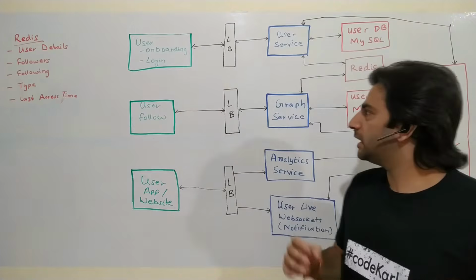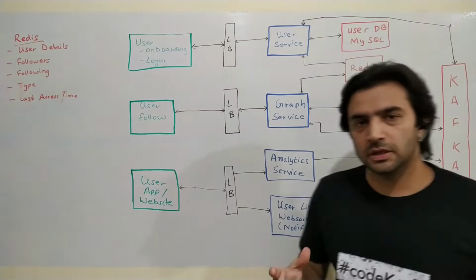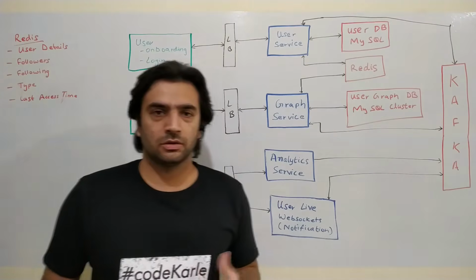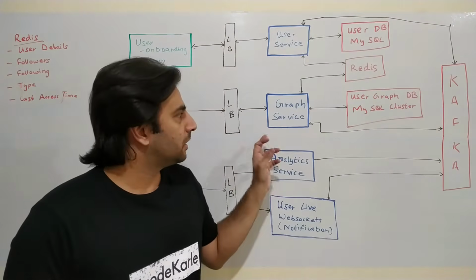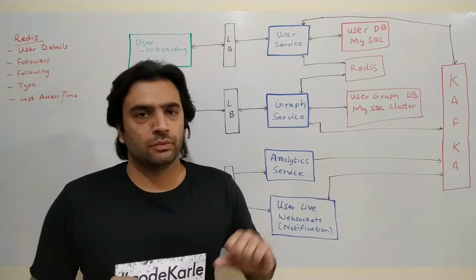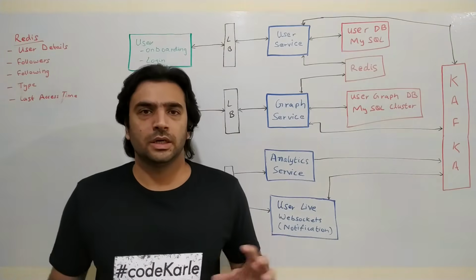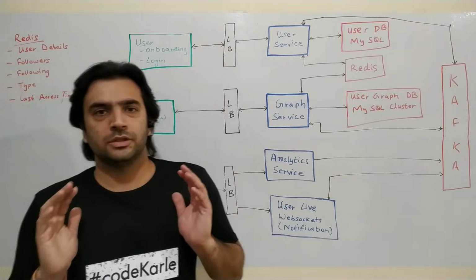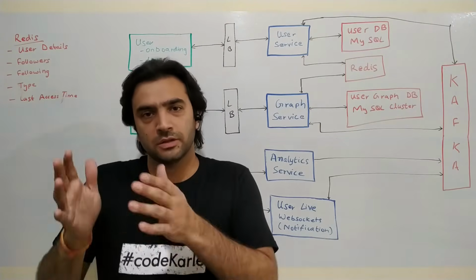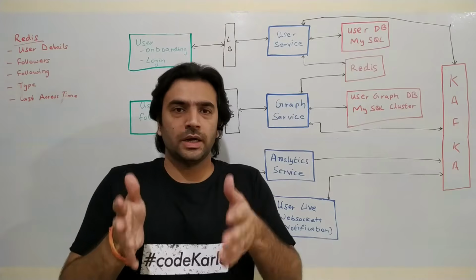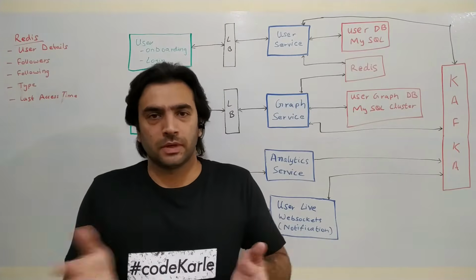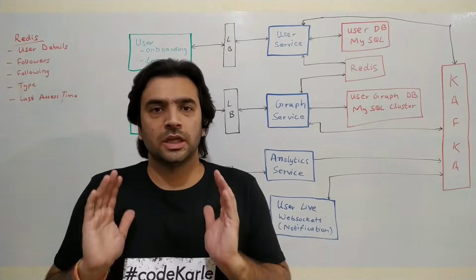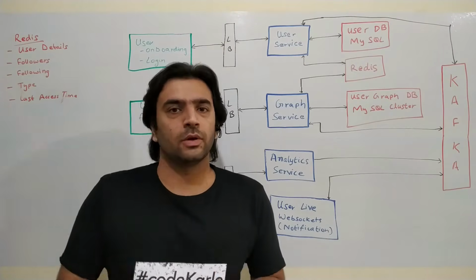At the crux of it, it basically sits on top of another MySQL database. Now, these are two different MySQL clusters on which this data would be residing. This would be fairly large data, so we'll probably have to look at sharding it. But at the very core of it, think of it like a logically one table which has a user ID, a follower ID, and a timestamp on which the transactions happen. There'll be a lot of other attributes, but logically there'll be these two columns, user ID and follower ID, right?